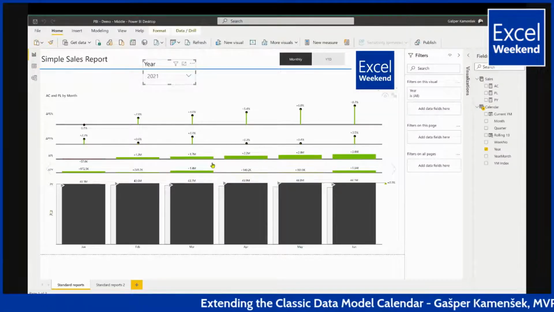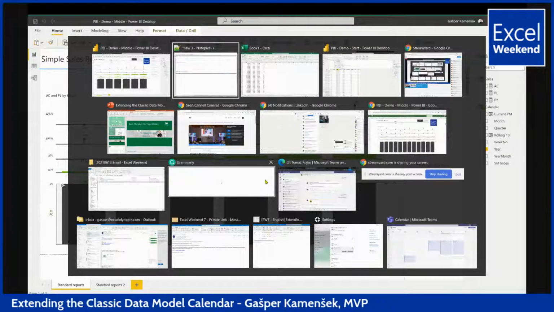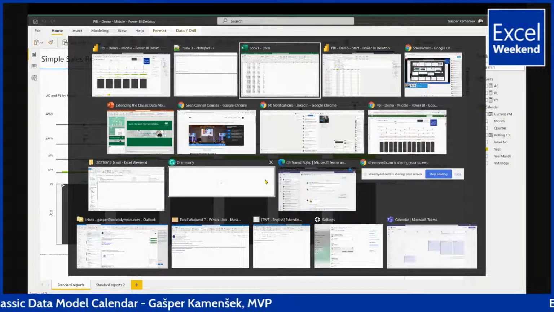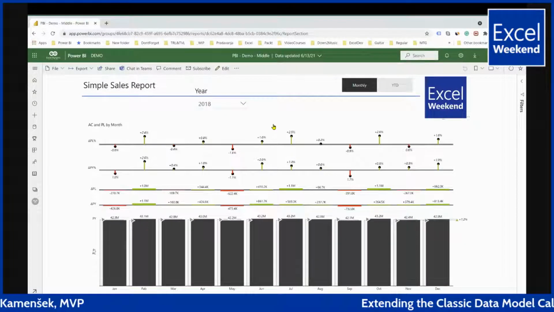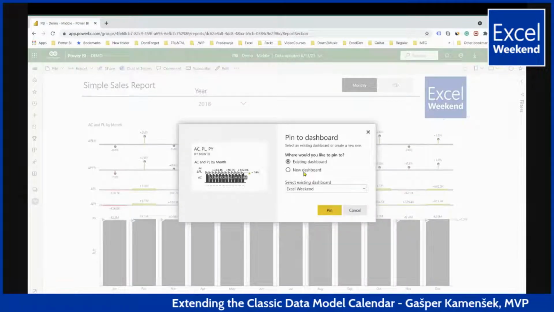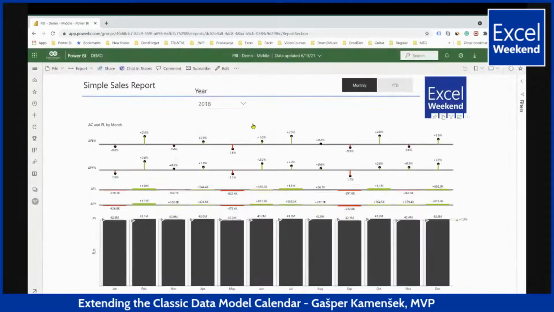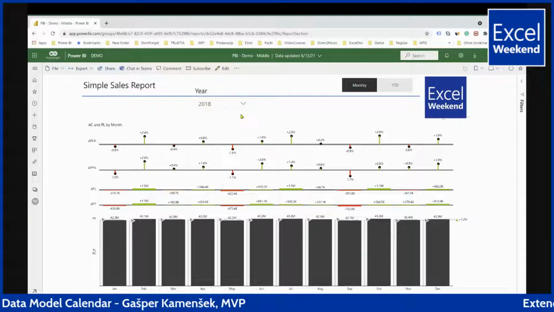In Power BI, usually you go for publishing your things. And once you do that, let me just check where I have this. It's over here. When you do the publish, what you do is you say pin, and you pin this to your dashboards. And the problem with the dashboards is it's sticky. All your filters are sticky. So if this says